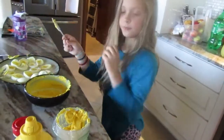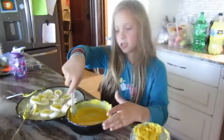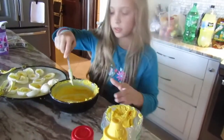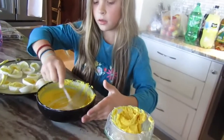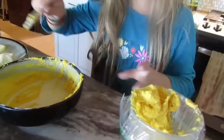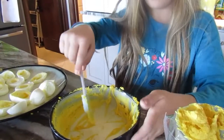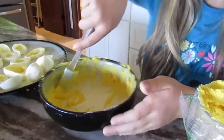Put that there. Okay, now I'm gonna scoop some more. Right now I'm just kind of picking up all of the stuff that I can get. As you can see, I've cleaned it out pretty well, and you see all these white marks right there? That's where I've been scooping it up with the spatula. So I'm just trying to